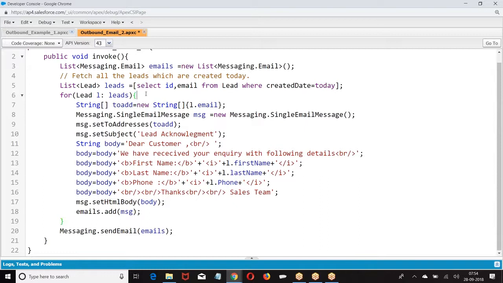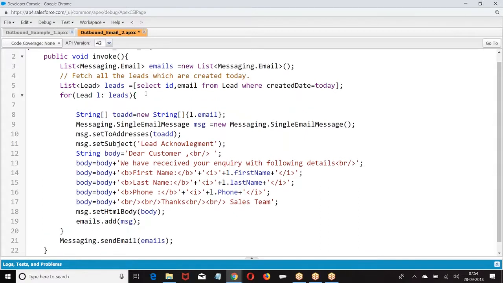Right. Now, what is the syntax of set to address?